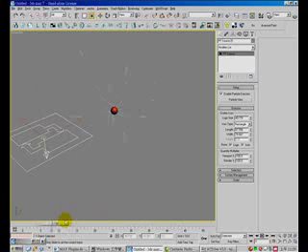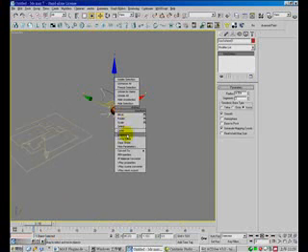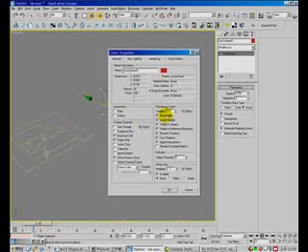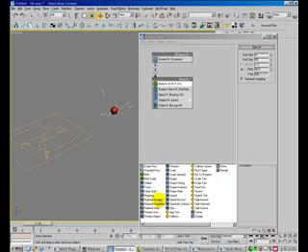Before we use the Trails 3.0 plugin, I want to select the geosphere, go to properties, and uncheck Renderable. Before we install the Trails 3.0 plugin,